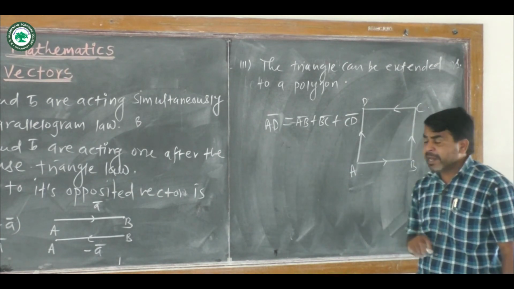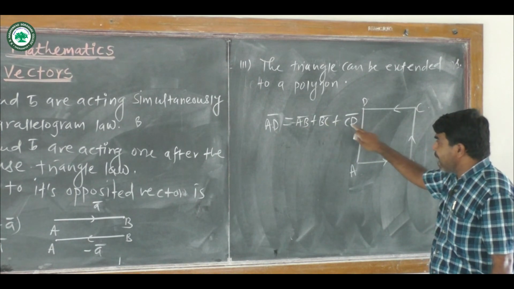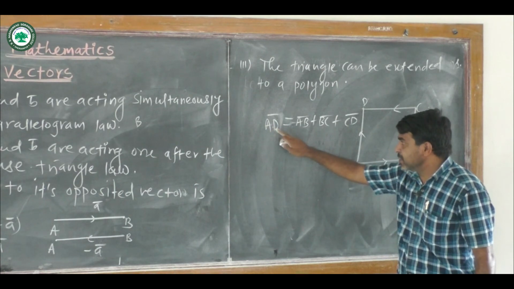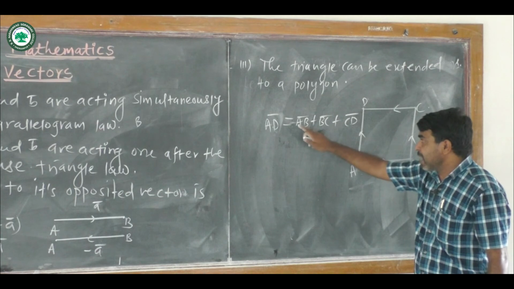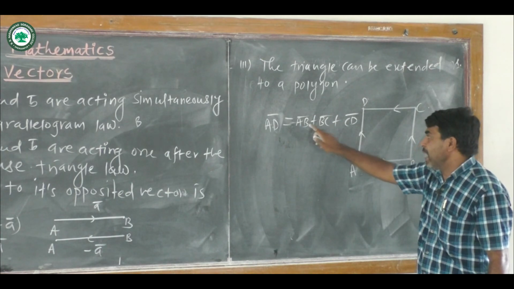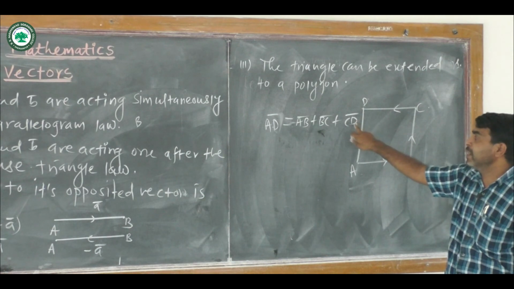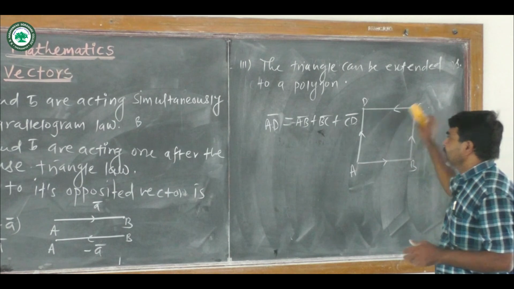Observe the right hand side. It is AB bar plus BC bar plus CD bar. Here the initial point is A and the final point is D. See, observe this addition: AB bar starts from A, then AB bar plus BC bar plus CD bar. What is the terminal point of the last vector? D. So in this way, this is for a quadrilateral.